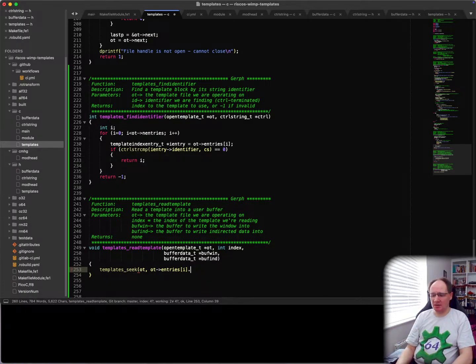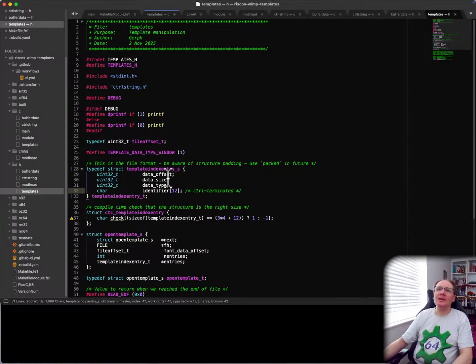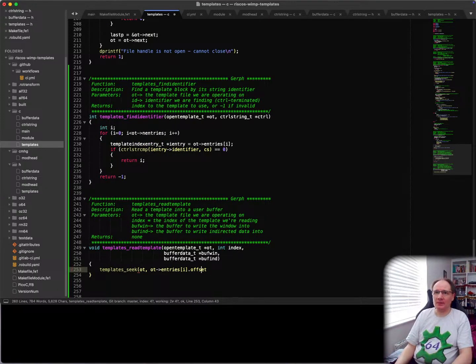Is it offset? I think it's offset. Let me just check. In the templates, data offset, data size, and then data type. So there's data offset, and we want to do a seek set, sorry, seek to that position, and then we want to,